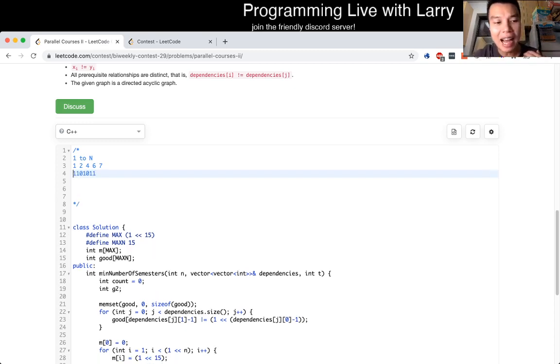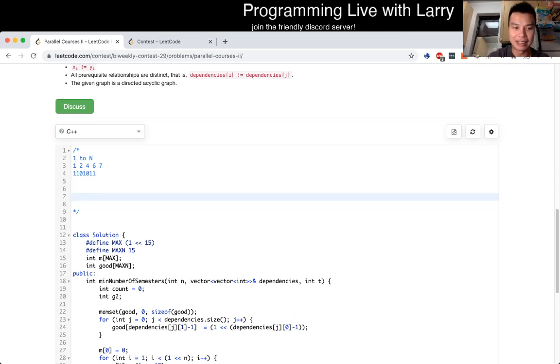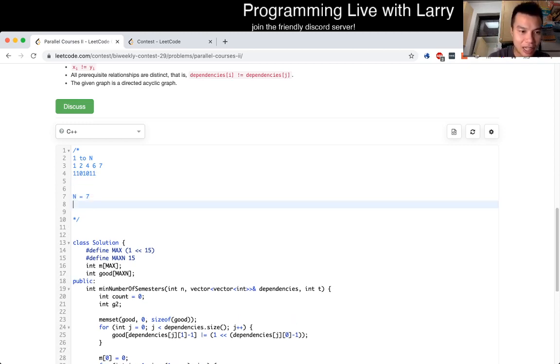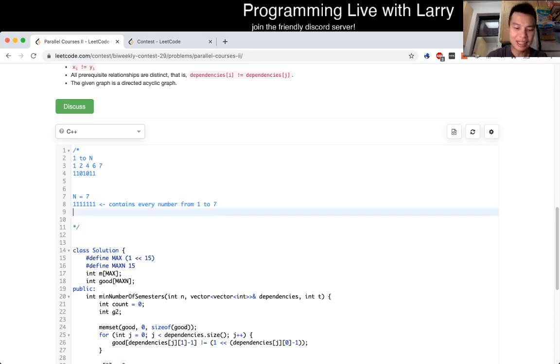Then the explanation on how to solve this is, well, first you start with every number. So let's say n is equal to 7 again. Now you start with this bit set. It contains every number from 1 to 7, right? And now let's just say for the example that k is equal to 2. So now we start by trying,